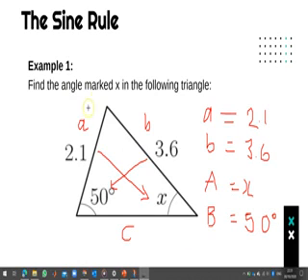Then the question is asking us to find the value of the angle X for this triangle. So given these parameters, we can apply the sine rule to find the value of X, because the formula for the sine rule is a over sine A is equal to b